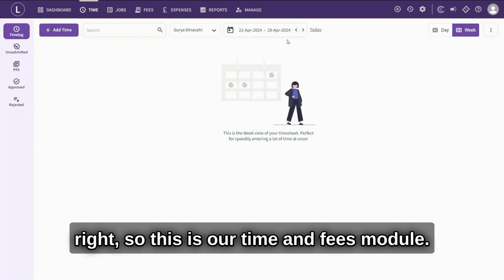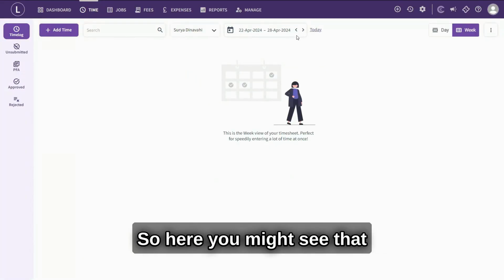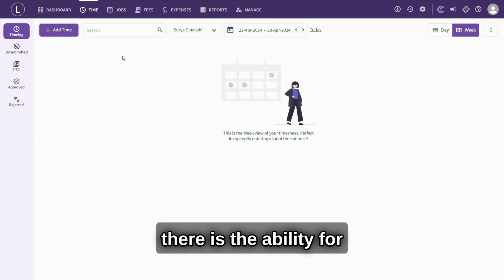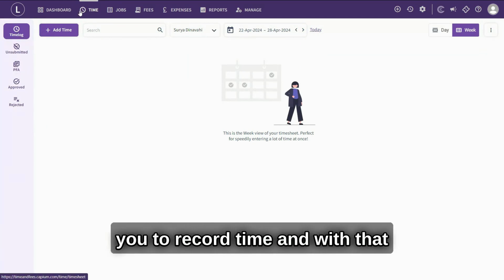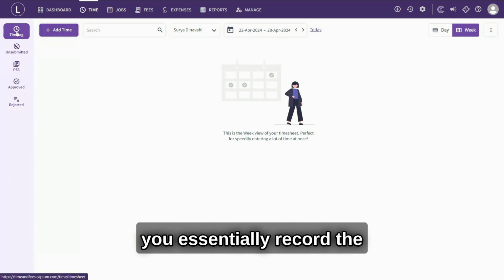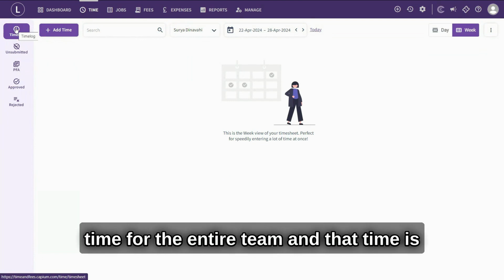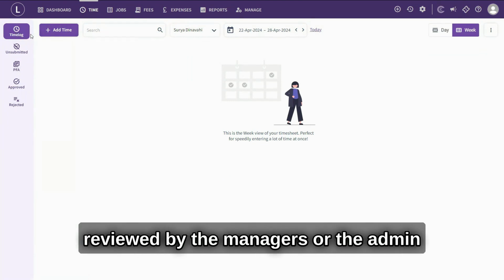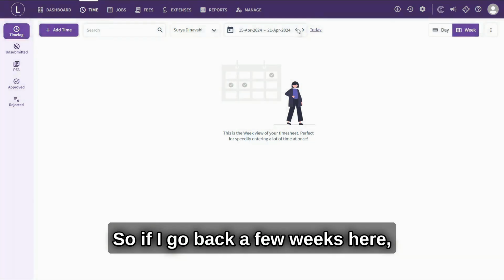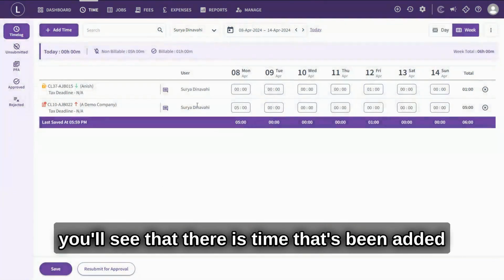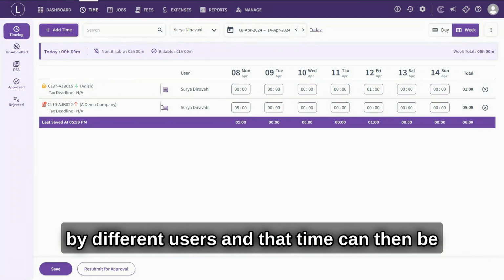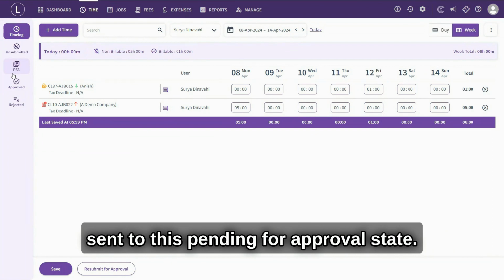Right. So this is our time and fees module. So here you might see that there is the ability for you to record time. And with that, you essentially record the time for the entire team. And that time is reviewed by the managers or the admin within the system. So if I go back a few weeks here, you'll see that there is time that's been added by different users. And that time can then be sent to